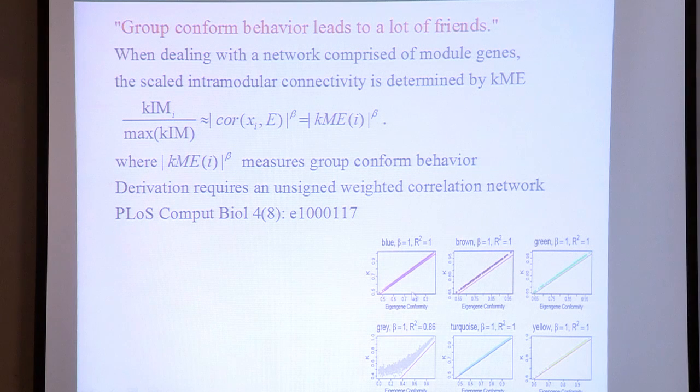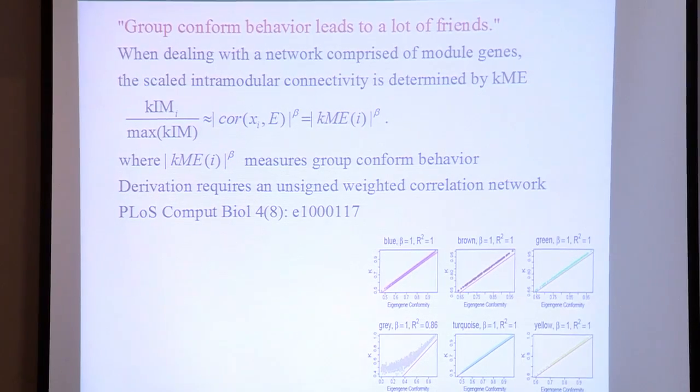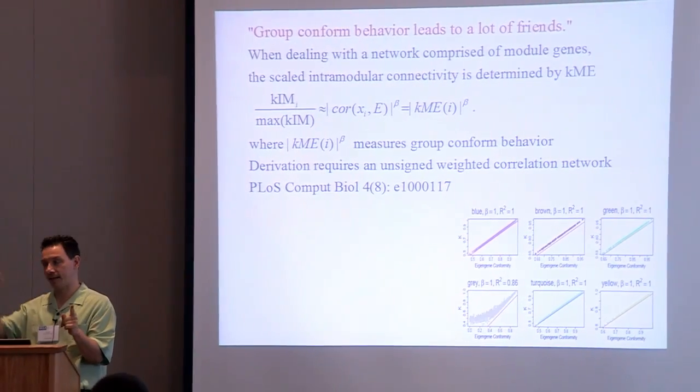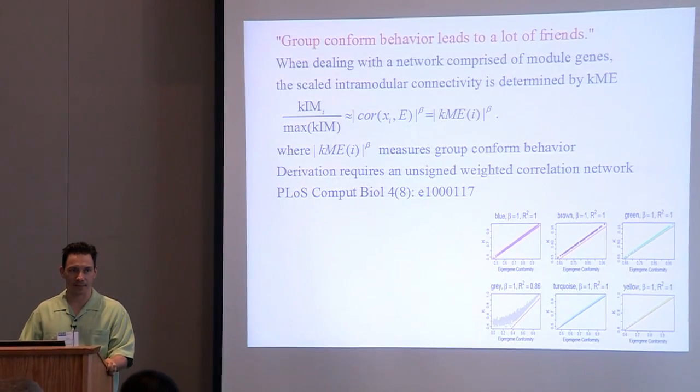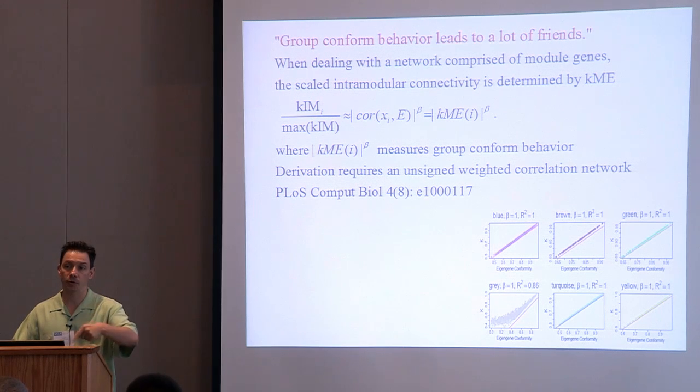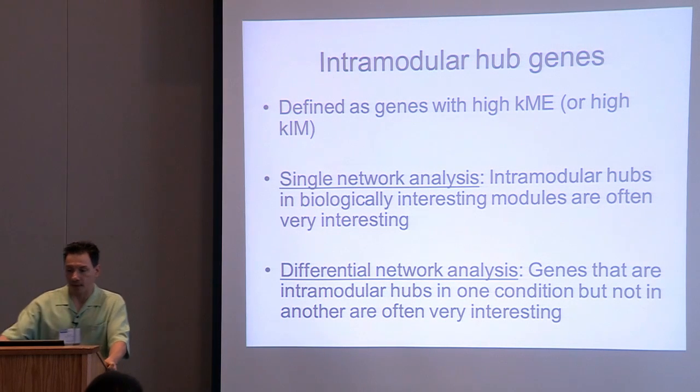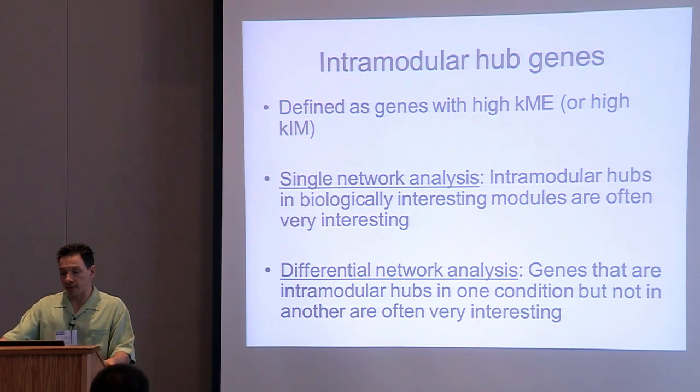The KME has this advantage that you could ask, give me 20 genes that have a negative relationship with the module. Yes, the KME contains the sign information. And so the KME allows us to find genes that have a positive relationship and genes that have a negative relationship. Whereas kIM doesn't distinguish. If you use a signed network, it only gives you the genes that have a positive relationship, you know. Yes. So as I mentioned, we define these intramodular hub genes, and